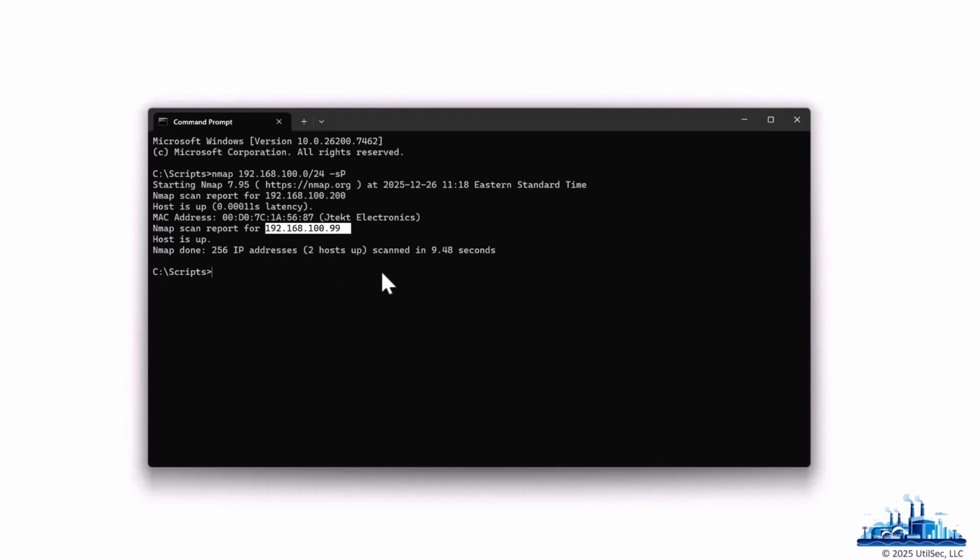The Windows machine running at 192.168.100.99. Right? So, okay, we know there's something running at this IP address of 192.168.100.200, and we know it's made by JTech. So next we'll want to look at, well, what ports are open on that system? So we're going to type in Nmap 192.168.100.200. Now in this case, I know what it is and we're kind of cheating, but if I didn't know